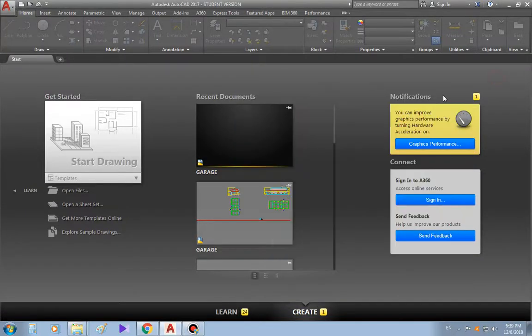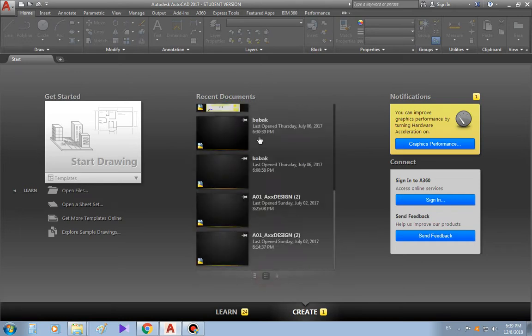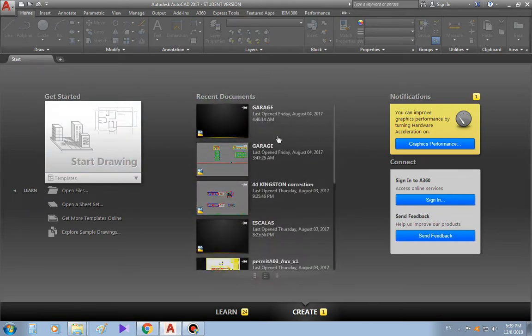Hi guys, I would like to introduce you to AutoCAD 2017, and this is the basic interface of AutoCAD. You can see the documents in preview, as a video, as a list, or as diagrams. How to create a project in millimeters in the metric system and in inches, I will show you in the next